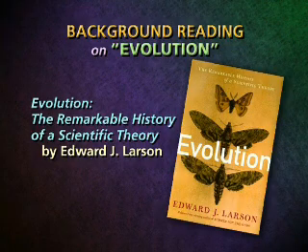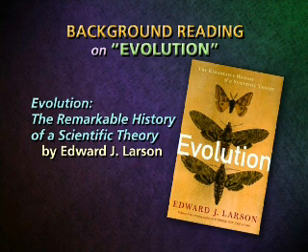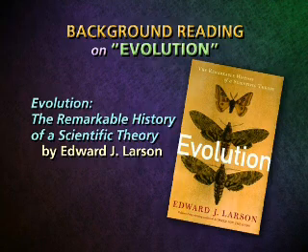This one is Evolution, The Remarkable History of a Scientific Theory, written by a man named Edward J. Larson. I picked up the book from the shelf because of that title. The Remarkable History of a Scientific Theory suggests that this book will deal with the origins of the theory of evolution. Where did Darwin get his ideas? How did he develop them? What was the reaction when Darwin first published his books about evolution? And so on. Flipping through it, we see it's a little over 300 pages in length, a manageable length.